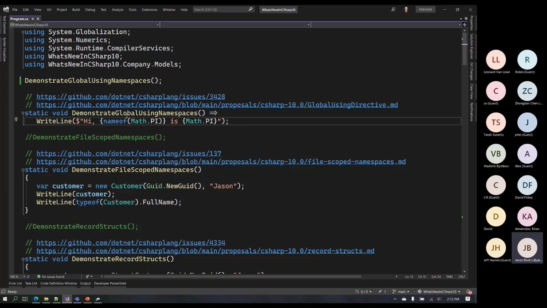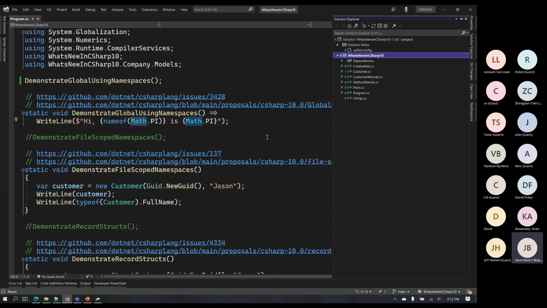In any event, one thing you may notice in this method is that we're calling WriteLine, and as you probably can guess, it's calling Console.WriteLine, but we don't have a using System at the top. We're also calling Math.PI, okay? So there's a couple things going on here that you may go, well, where are the using statements? Where is everything that we need? So there's two places to look.